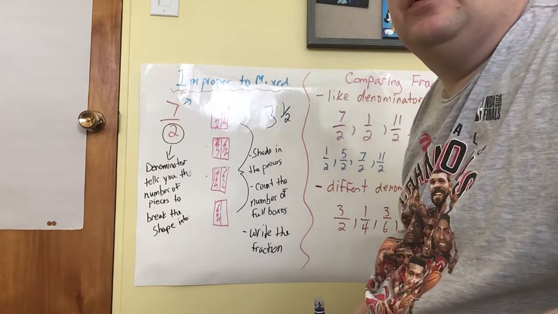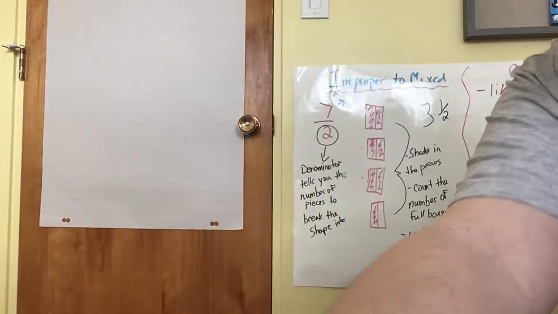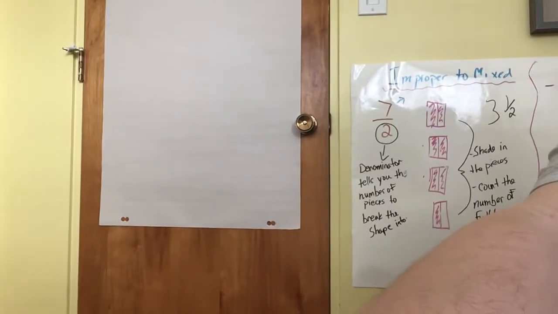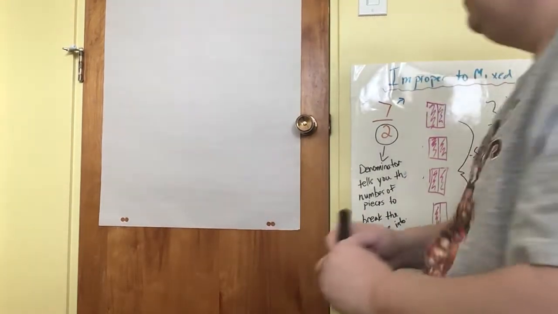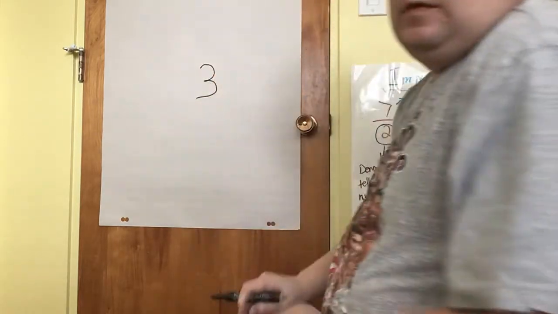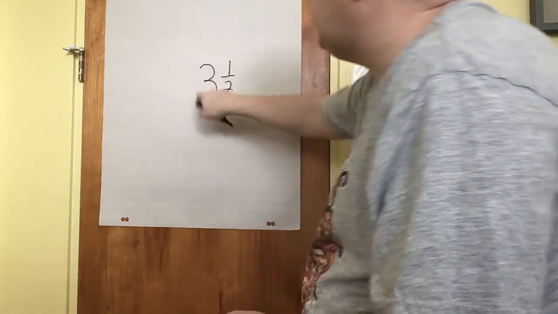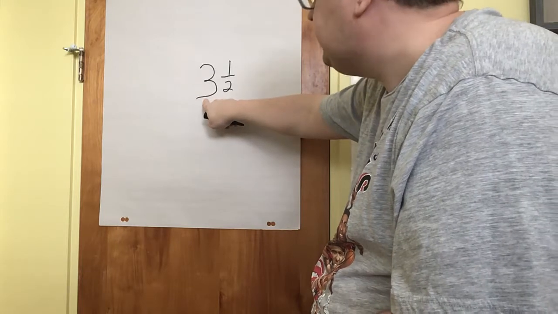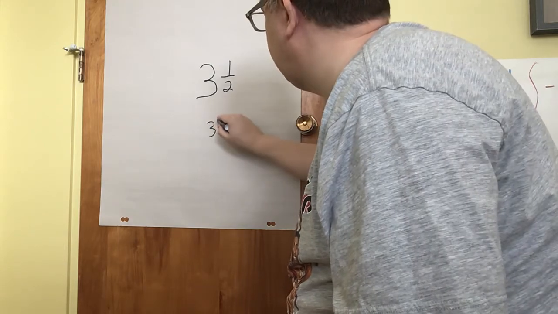Now I'm going to turn this over, and I want to show you a very bad mistake to make with mixed numbers. So mixed numbers. If you have 3 whole, like this example, and a half, make sure your whole number is bigger than your fraction. Do not write something like this,